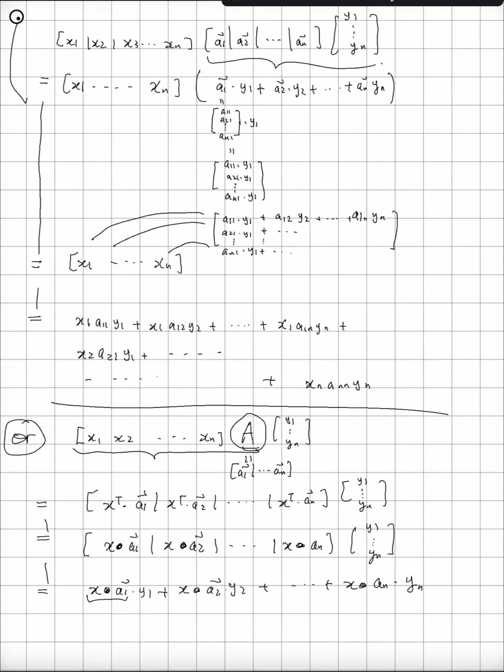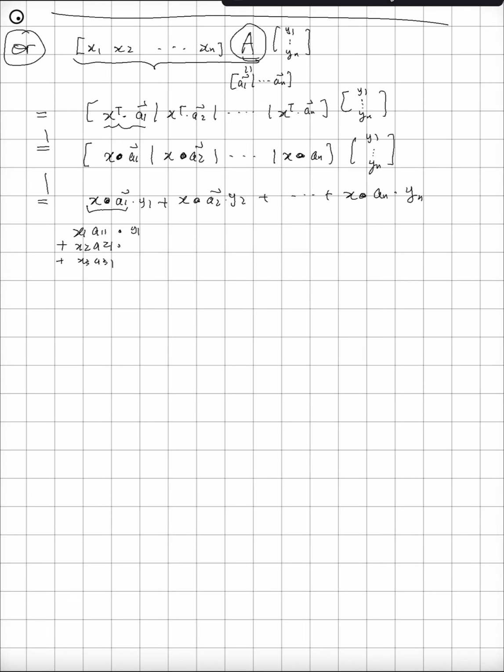Let's look precisely at what it is. Actually, again, we go back to here. It's maybe stupid to translate into dot product. It's not necessary, but anyway, let's write it down. So x1 a11 plus x2 a21 plus x3 a31, etc. So again, you see, the good thing is that